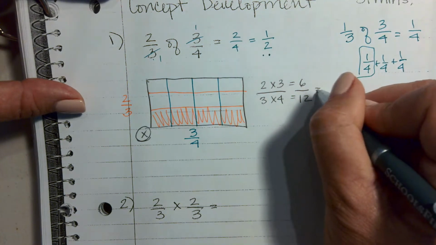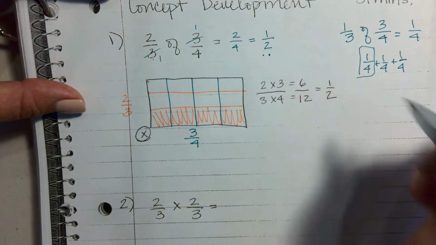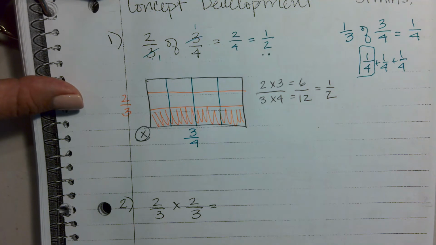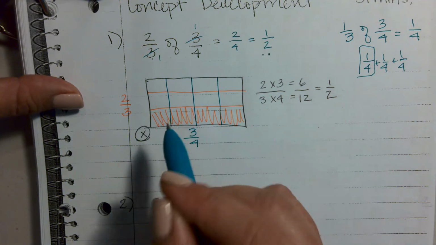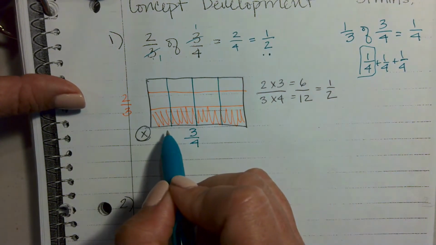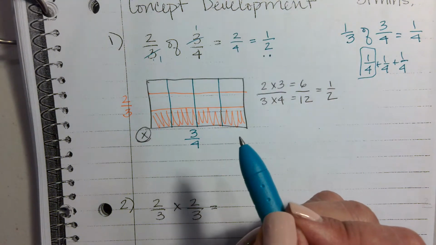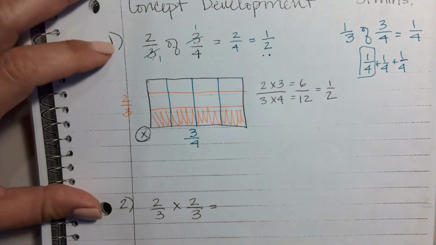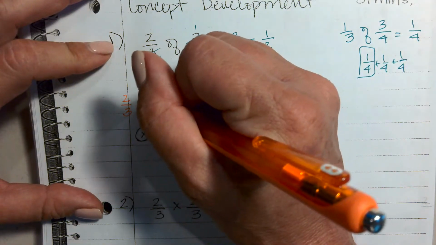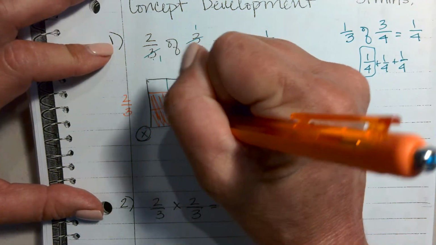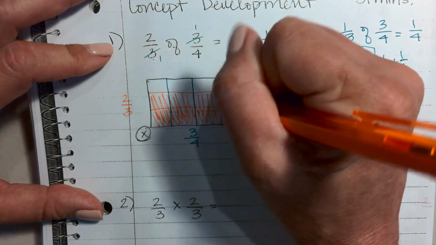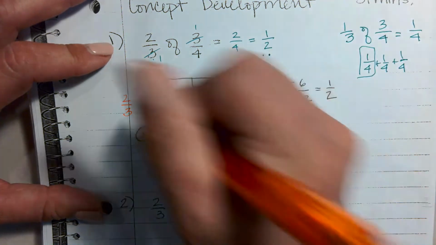So 6/12 is also equal to 1/2, right? So now let's come back here and we need to, oh, I didn't do this correctly. We need to shade in 2/3. I'm so used to doing 1/3. We need to shade in 2/3